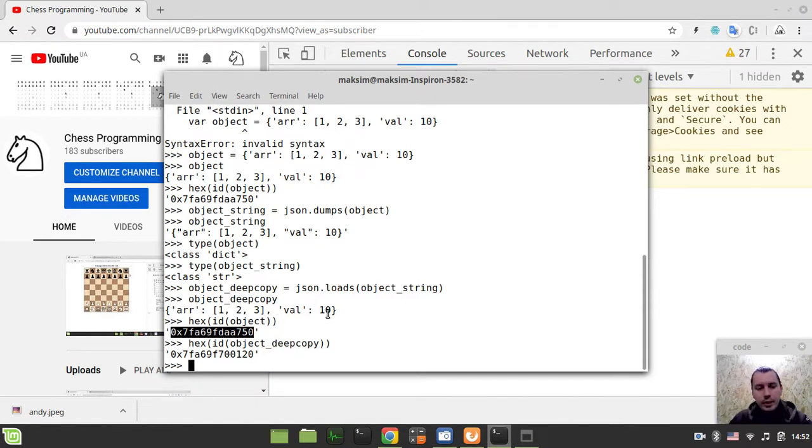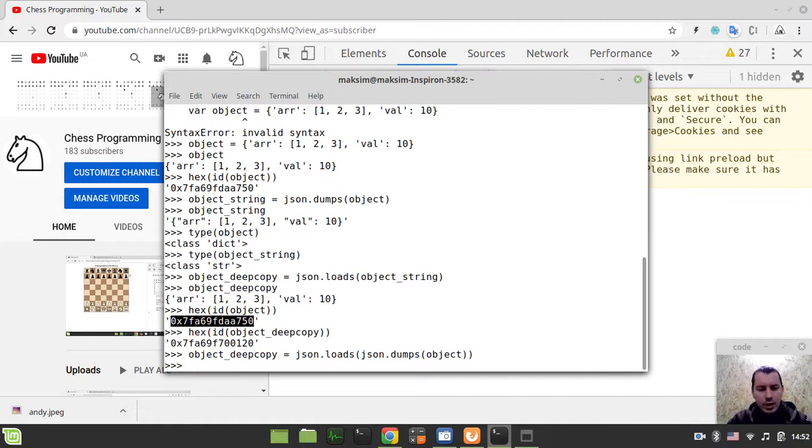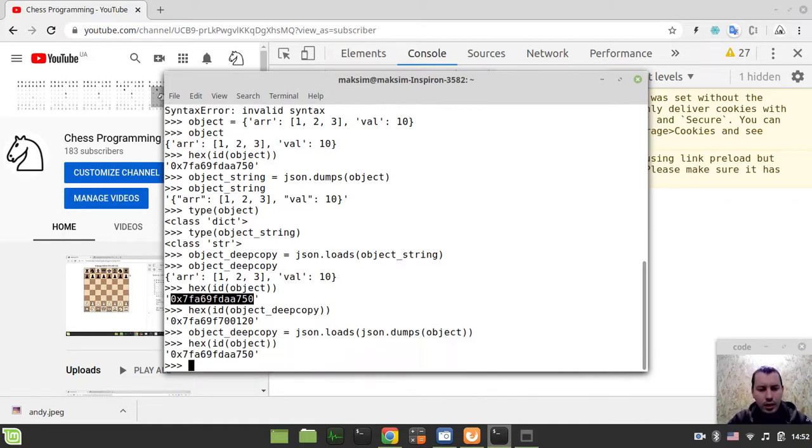And again, I would be using the one-liner in order to obtain this. So I can say object deep copy would be equal to json.loads and whatever is returned by json.dumps and object. Okay, and now if we have a look at object and at the deep copy,